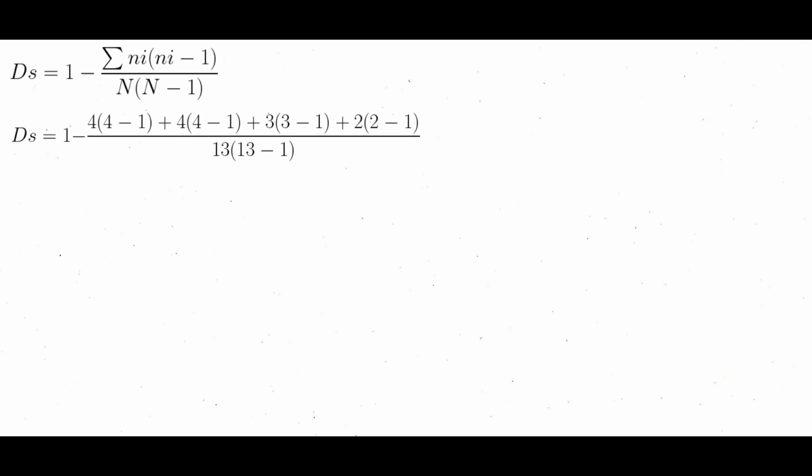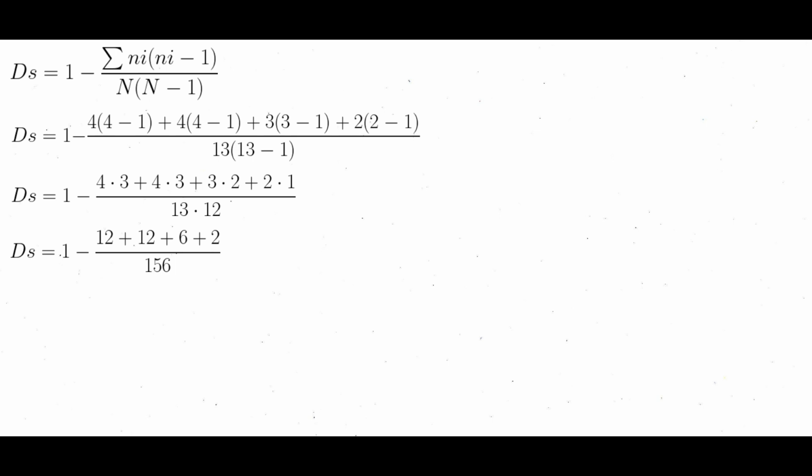And then all of this divided by 13, which is the number of all individuals, times 13 minus 1. And then for ds, we got 1 minus 4 times 3 plus 4 times 3 plus 3 times 2 plus 2 times 1, all of this divided by 13 times 12. So for the ds, we got 1 minus 12 plus 12 plus 6 plus 2, and all of this divided by